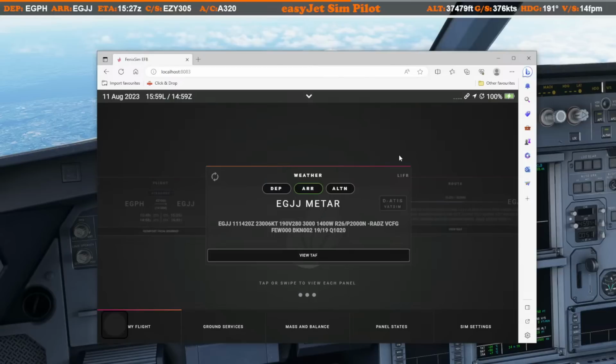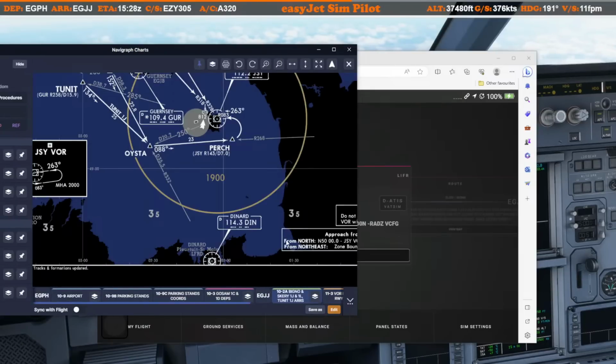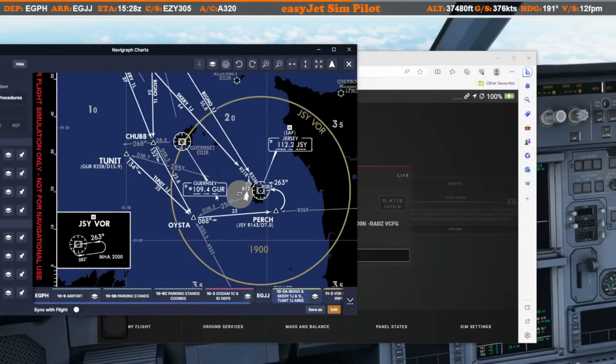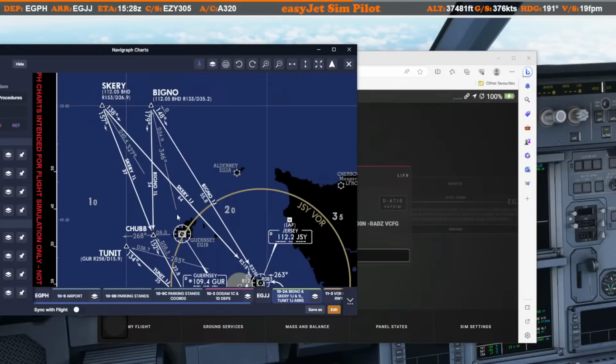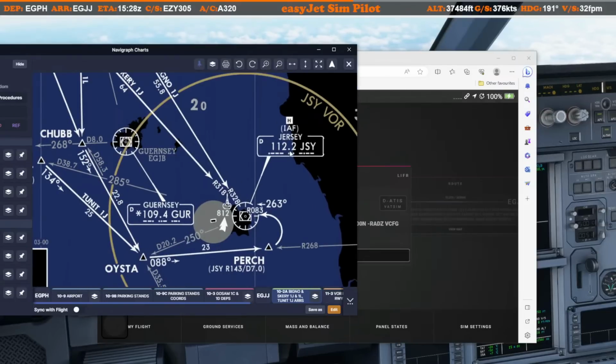So let's talk about the approach and what potentially we're going to be looking out for on this approach. So we're going to come in ILS 26 and it's the scary arrival. It is indeed. We're going scary 1 Juliet arrival. We'll get down towards the Jersey